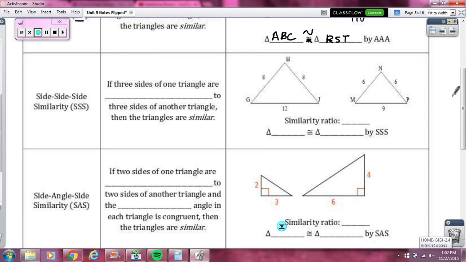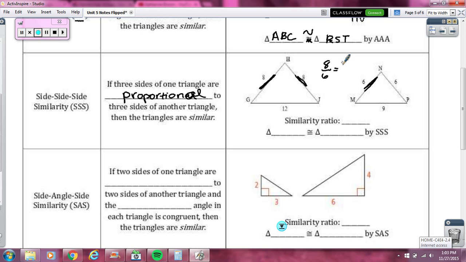Second one is side-side-side similarity. So if 3 sides of one triangle are not congruent but proportional to 3 sides of another triangle, then the triangles are similar. So instead of checking that the sides are all the same, we're just checking that they give the same fraction. So like 8 divided by 6